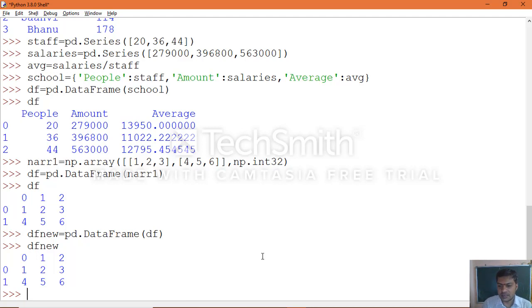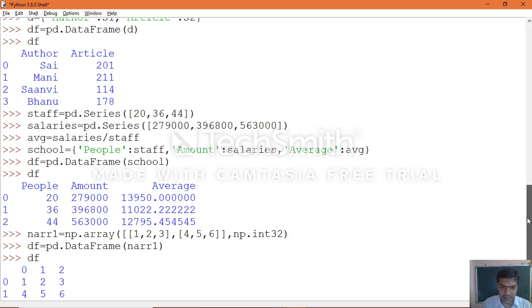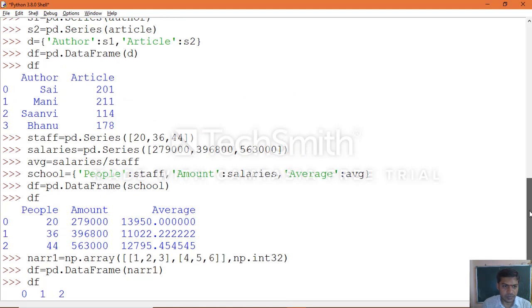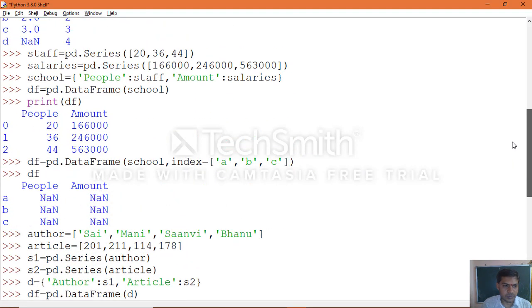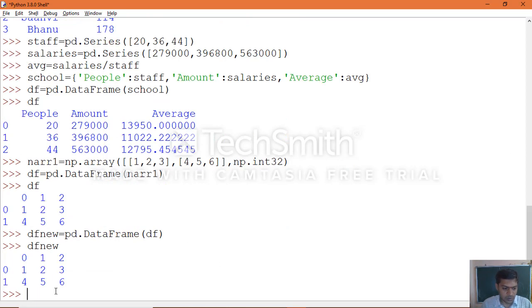Now let me see the same earlier example which we made. What was the problem which occurred? We'll create this same one along with indexes. Let's see this experience also, how it takes place.